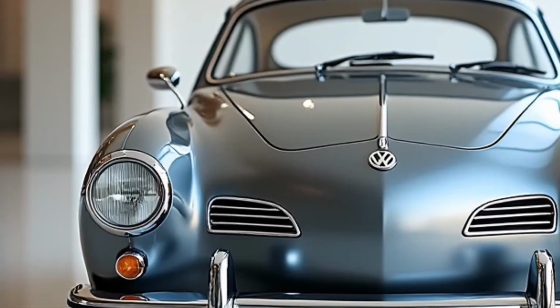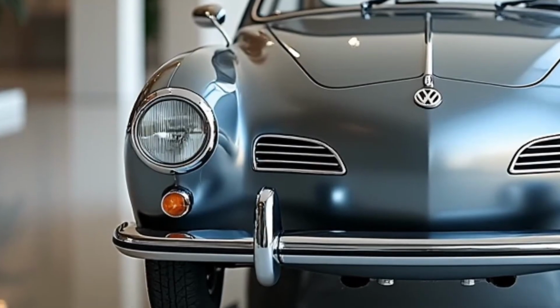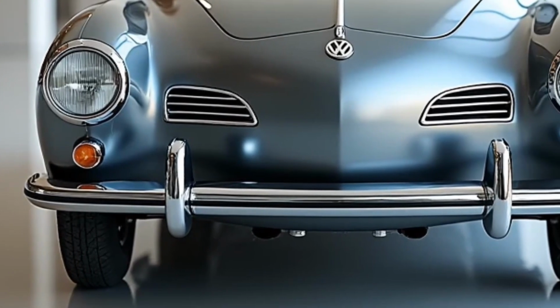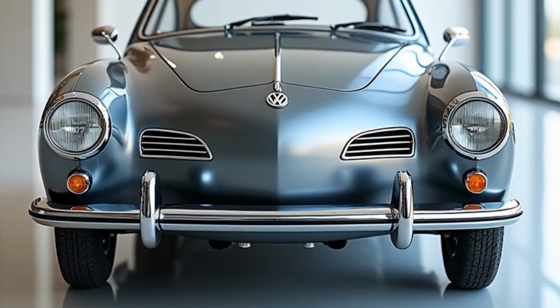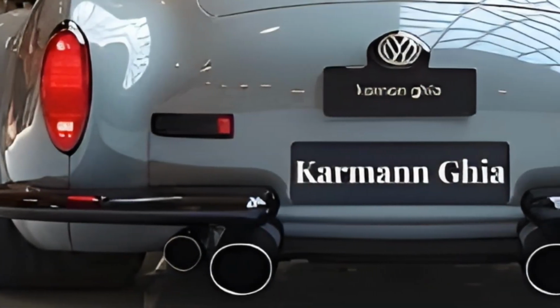So there you have it. The 2026 Volkswagen Karmann Ghia, a stunning fusion of the past and the future. From its elegant curves to its high-tech cabin and exhilarating electric performance, it's proof that nostalgia doesn't have to mean old-fashioned. It's a car that turns heads, makes hearts race, and reminds us that driving can still be an experience,